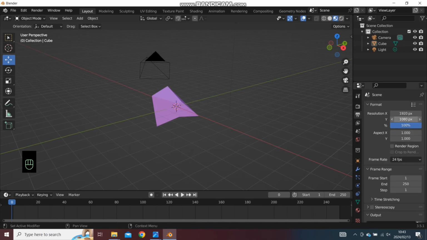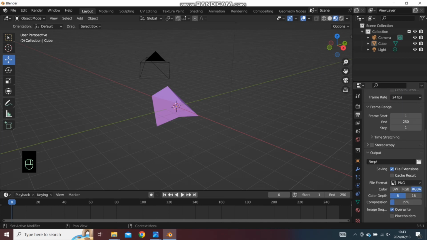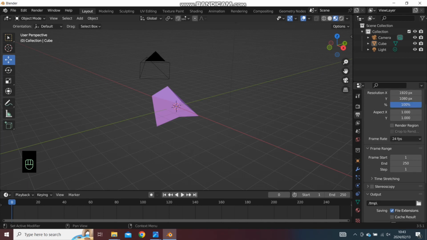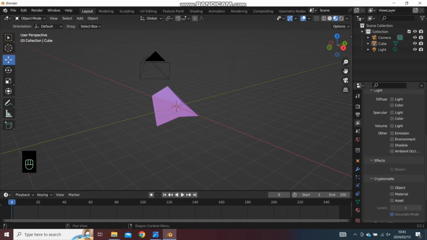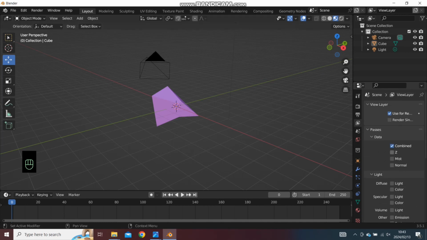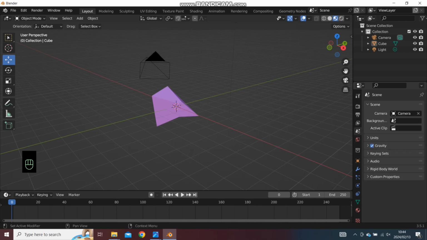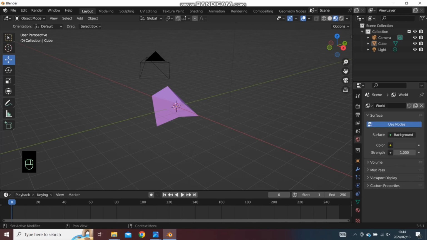Sorry, now I just want to show you all the settings. There you can change the resolution. Looks like a paper coming out of a machine. You can change the frame rates, and it gives you all types of options down at the output as well. So I just wanted to show you how my settings are looking, just so you know. You can then go to the scene properties,